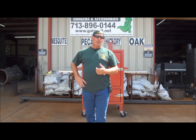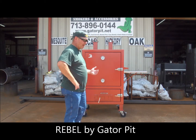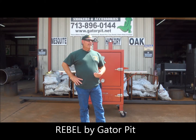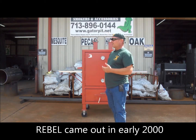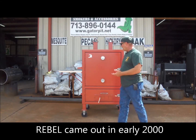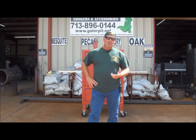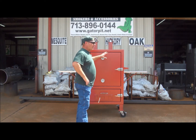We are basing the new Rebel design off of our dual stacker. Our dual stacker was an extremely popular cabinet or insulated style cooker. So we are now making our Rebel along the same line or design as the dual stacker. And the biggest improvement or change to the Rebel is we are now going to offer standard the fully insulated